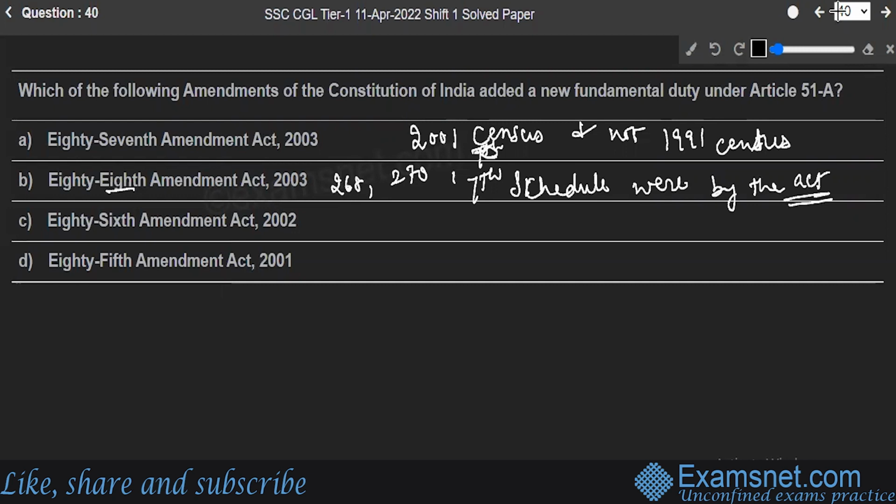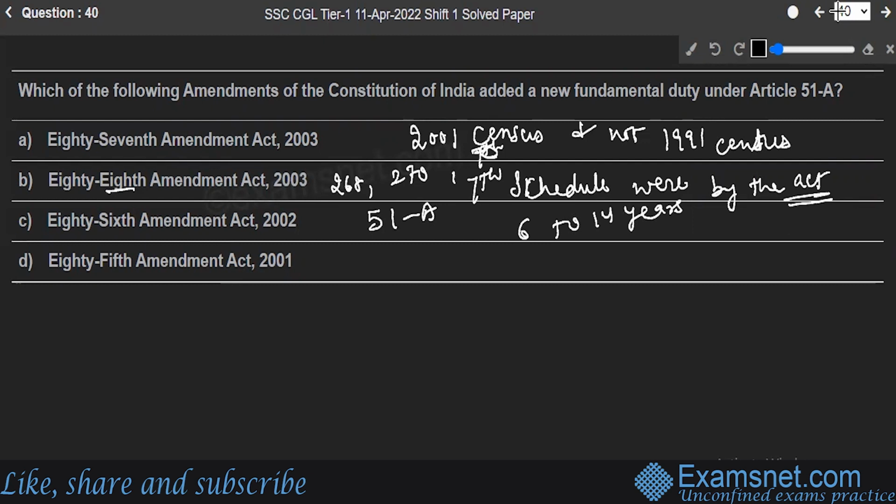If I'm talking about the 86th Amendment Act 2002, this added a new fundamental duty under Article 51A. The Constitution of India's 86th Amendment Act guarantees the right of education for children aged 6 to 14 years and early childhood care for children under the age of 6. It replaced Article 45, Early Childhood Education of the Directive Principles of State Policy, with Article 21A, and altered Article 51A, that's fundamental duties, to establish a new duty of parents to provide education to children aged 6